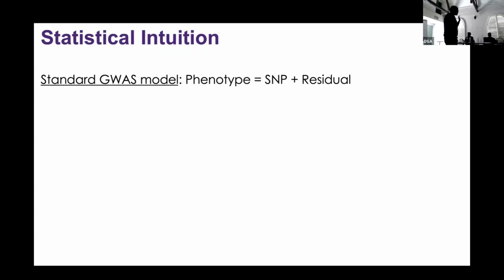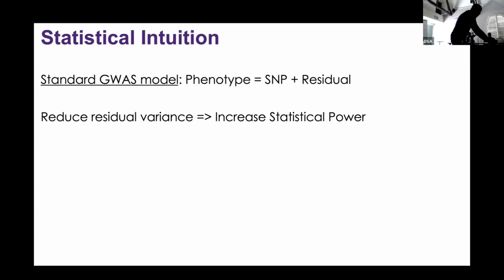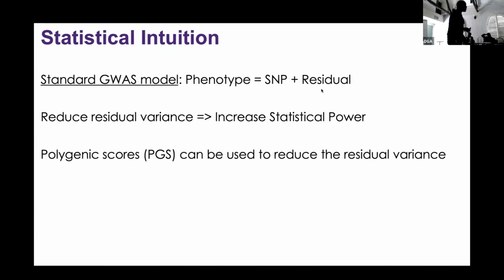So in a GWAS, you have your phenotype, you have the SNP you want to test, and you have everything else, your residuals. The way we think about increasing power is essentially by reducing the variance of those residuals. Typically in standard epidemiology, we do that by minimizing differences between people that are not related to what we want to test. So we want to account for sex differences, and for all the artifacts, year of birth, etc. But one thing we can do is also account for the polygenic score